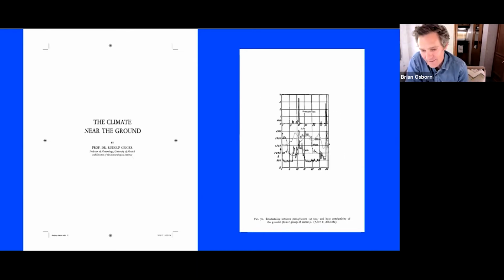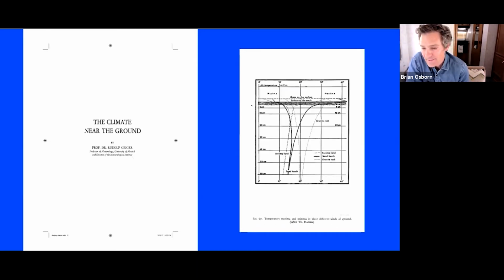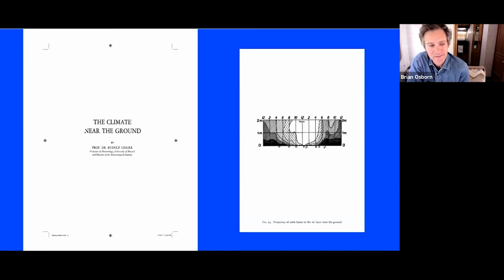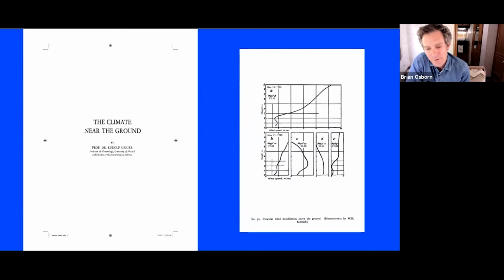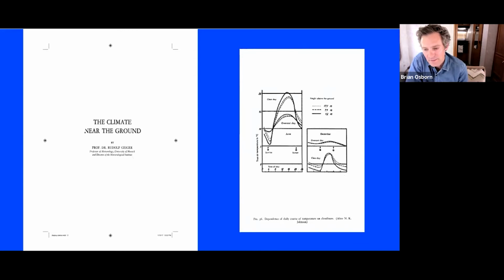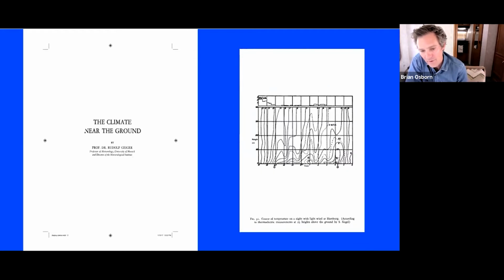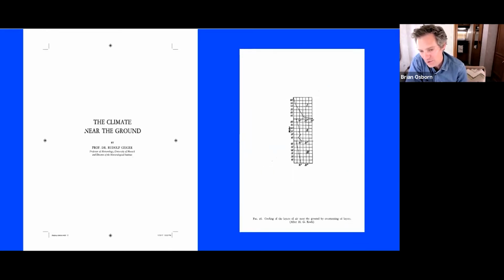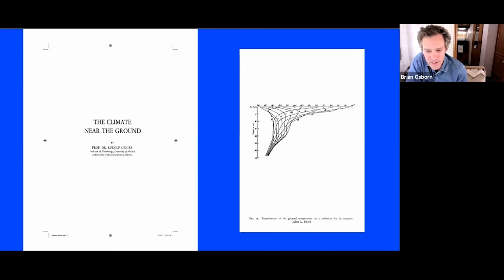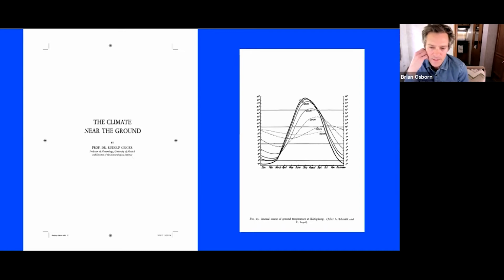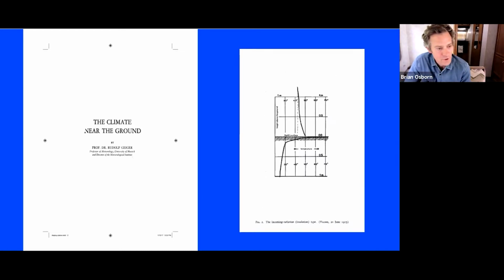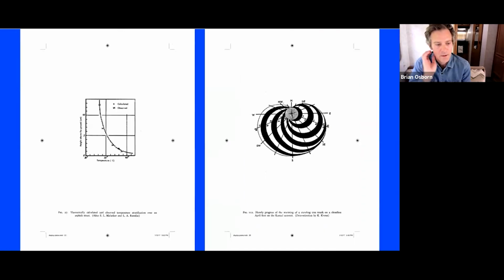So obviously there were some problems with the data and with the predictions they were getting in their studies. The title is extremely straightforward then, The Climate Near the Ground. And Geiger describes it as a survey of microclimatological conditions within the first 2 meters. It's made up of 180 or so drawings, like the ones that are cycling here. So I just want to describe a couple in order to set things up.